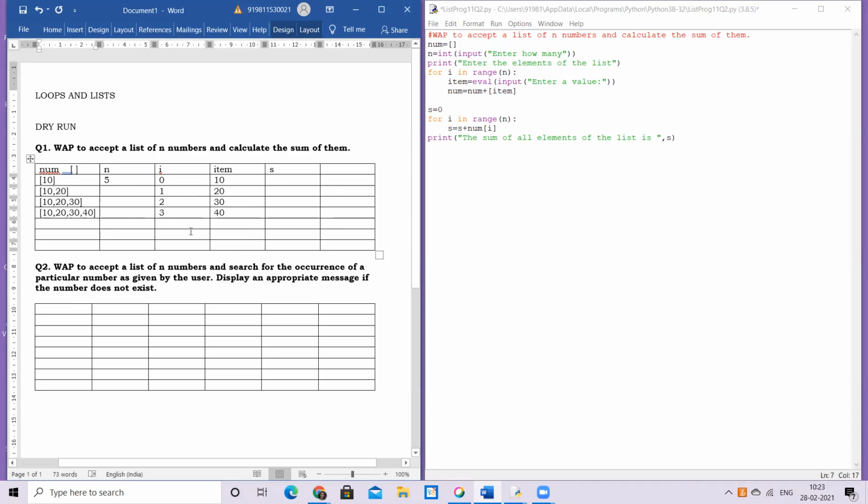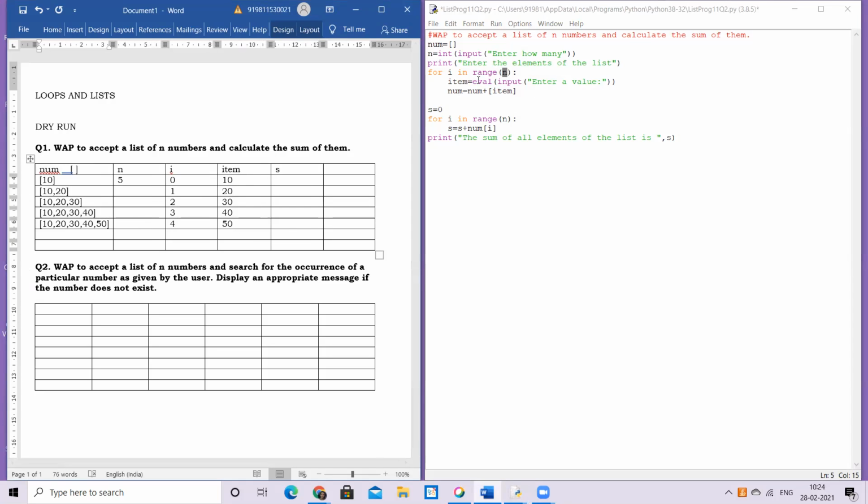So this is how, one by one, I'm adding my elements. Now again my I becomes 4. Again I check the condition. Is it less than n? Yes, it is less than n. So I again continue. I take the next value, 50, and add it to my existing list. So my new list becomes this.